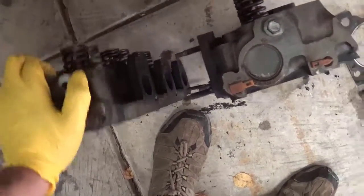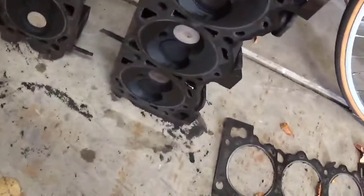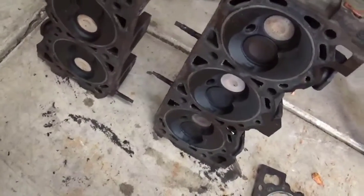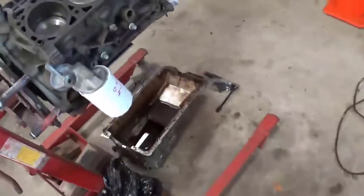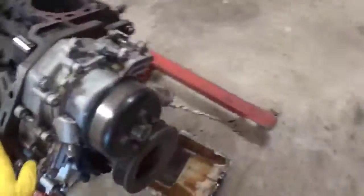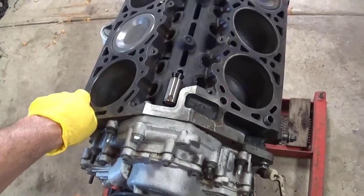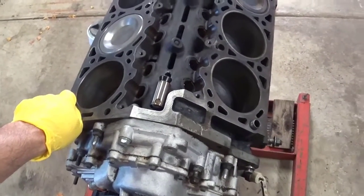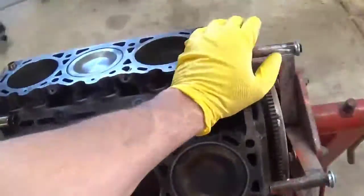which I didn't exactly want to do, but being that I have it apart, I might as well just do it and try and see what kind of power I can get out of a NA 4 liter that has a cam in it with valve springs. And I might make a decent video on how to do that, if I actually do it. I don't know how many people want to see that,